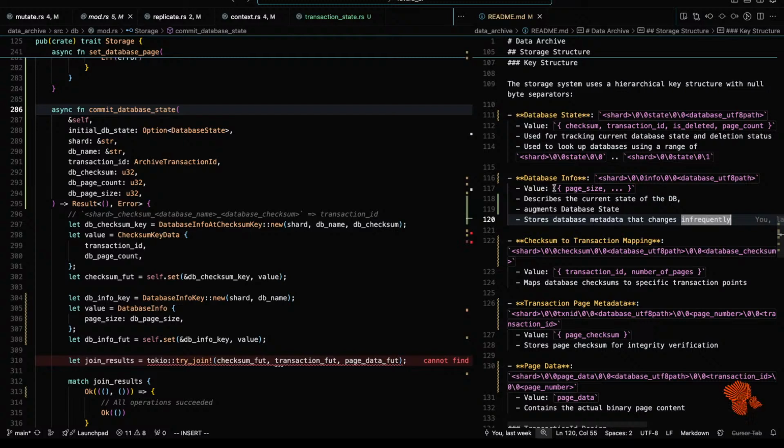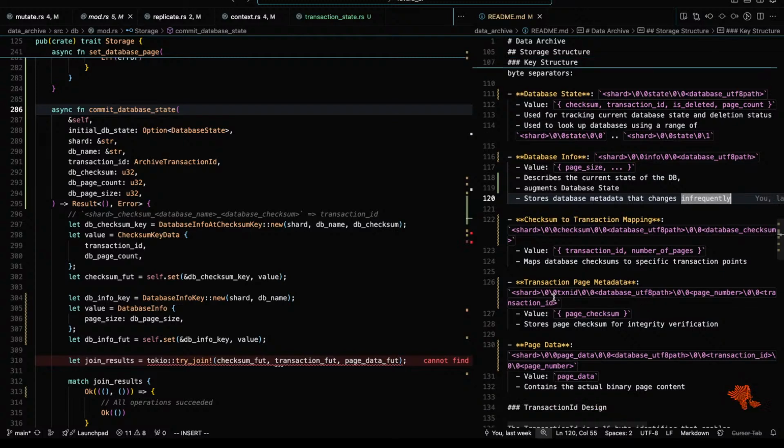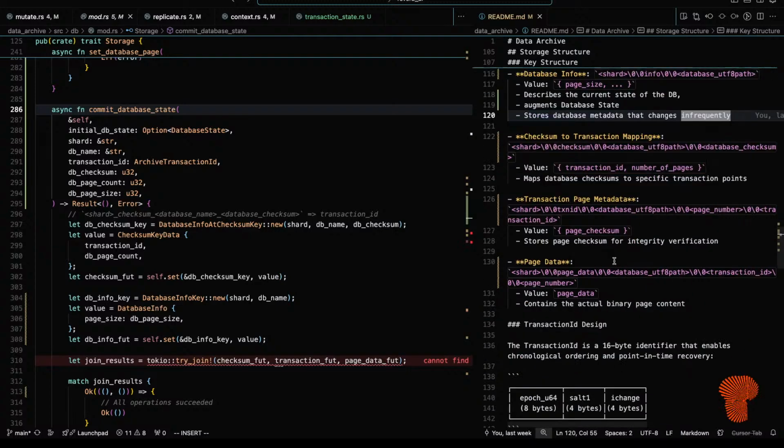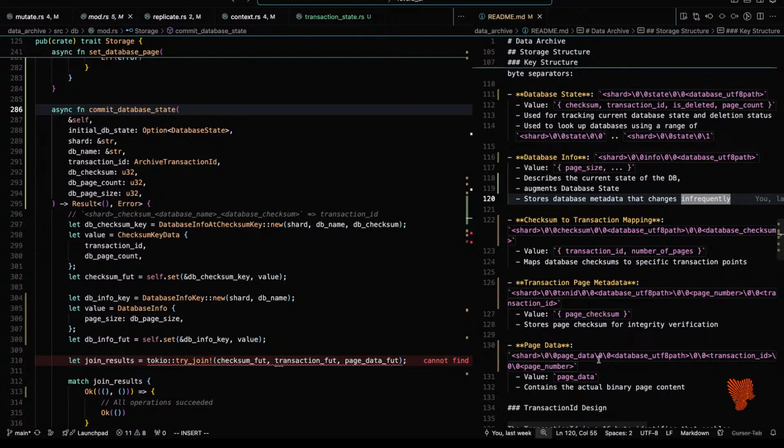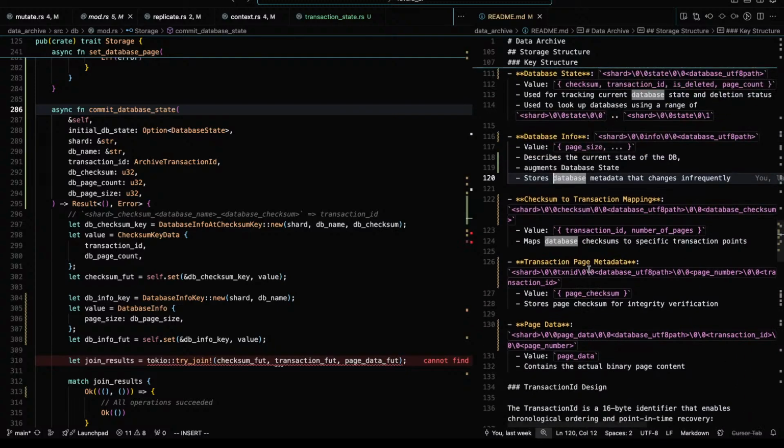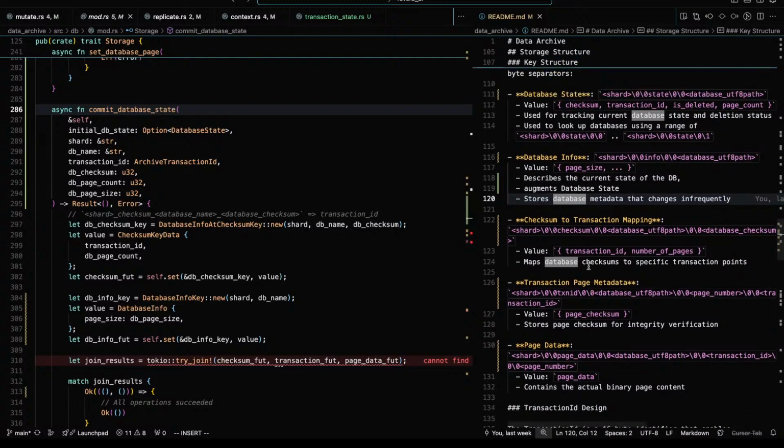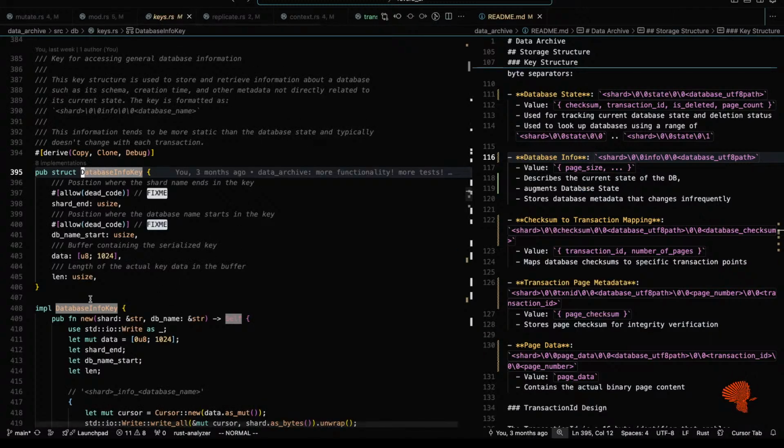Oh, database info. It was nice, man. Yeah, that reduces us to 5 keys that we care about. 1, 2, 3, 4 keys? Wait, where did one go? Oh, we only had 5, so it would be down to 4? Huh. Wow. Database info. Yeah, let's get rid of that. Database info key.